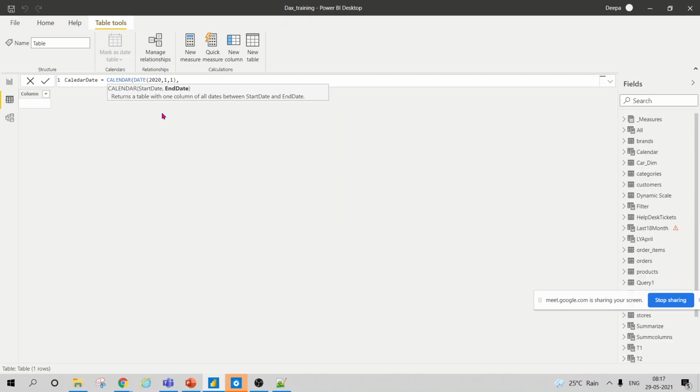For the end date, I will again use a date function, and inside it I will write 2021, the month, and then it asks for the day.